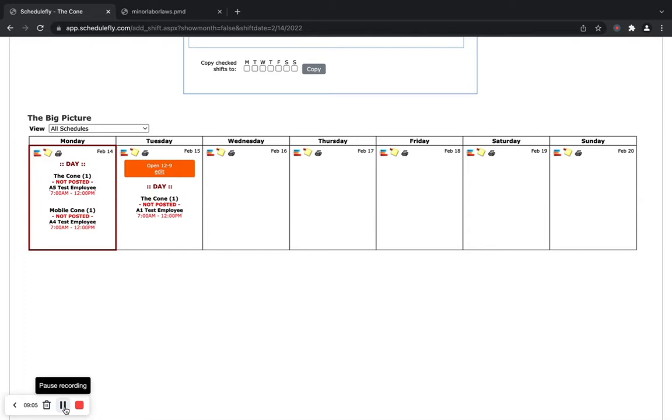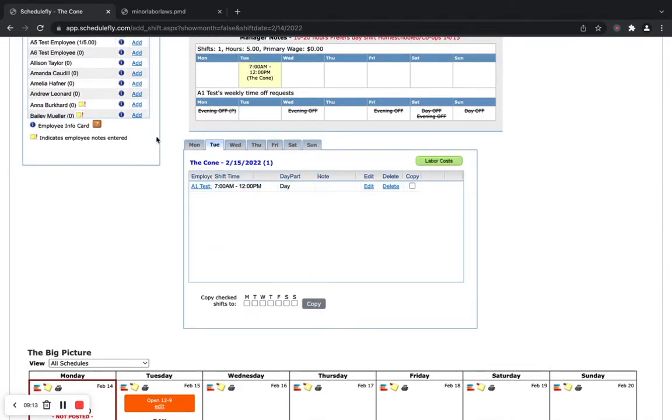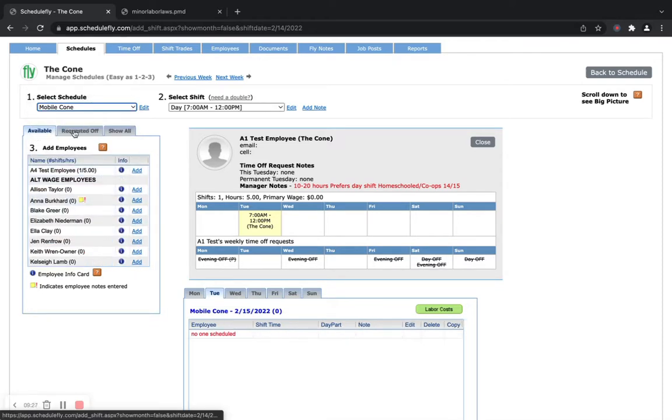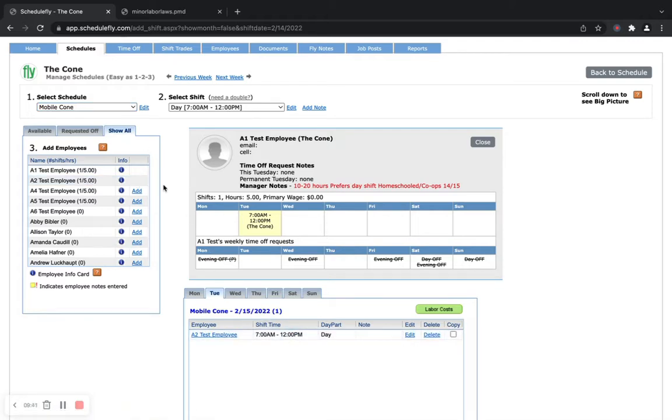If someone is working 2 day shifts or 2 night shifts on the same day, this is how you would do that. So this kind of happens if someone's working a mobile in the morning. So also if there's 2 mobiles on one day, you would schedule it mobile cone 1, mobile cone 2, and then if there's a third, you would do that one so that it's separated on the schedule. So let's go ahead and put someone. So you have to go to show all to see other employees, and then we'll add this person, and then you'll notice if you switch back to the cone,